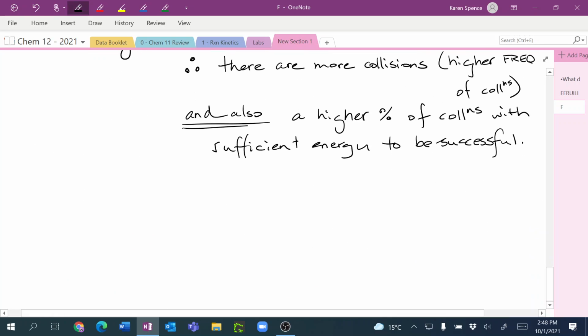So, in regards to this equilibrium system, N2O4 in equilibrium with 2 NO2, whoops, I should say when we increase temperature,